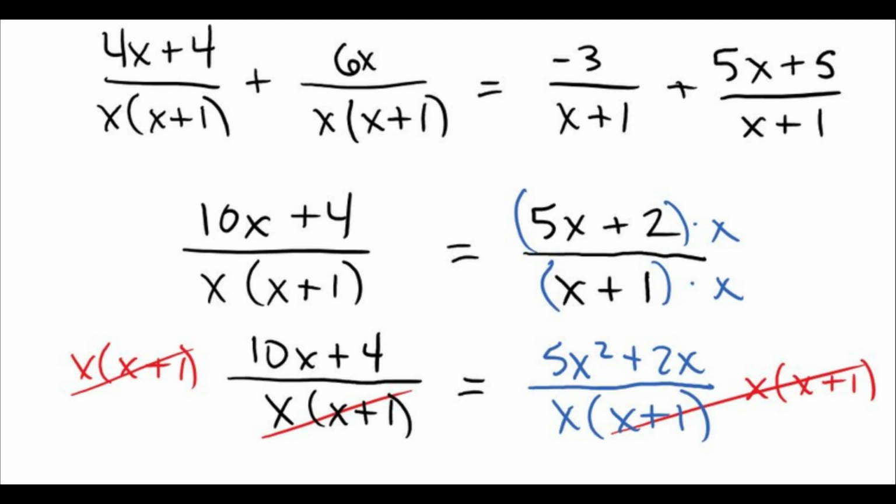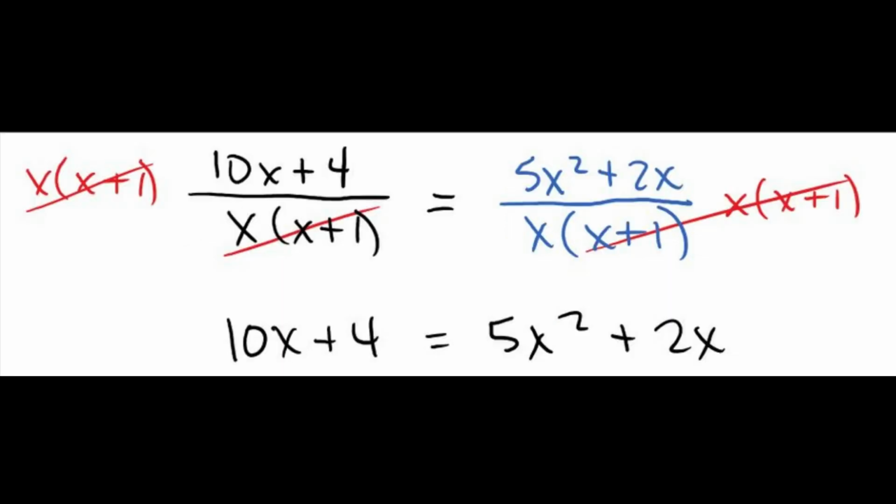Then I recognized that the left one had a denominator of x times x plus 1, while on the right side all I had was x plus 1. I wanted to make those match so I could get them to cancel off. So I multiplied only the right fraction by x over x, which is the same thing as multiplying by 1, which is why you're allowed to do it. You end up getting x times x plus 1 on the bottom of both sides of the fraction. So you can multiply both sides by that, and it'll cancel off. I cancel the left and the right here in red, and you end up getting 10x plus 4 equals